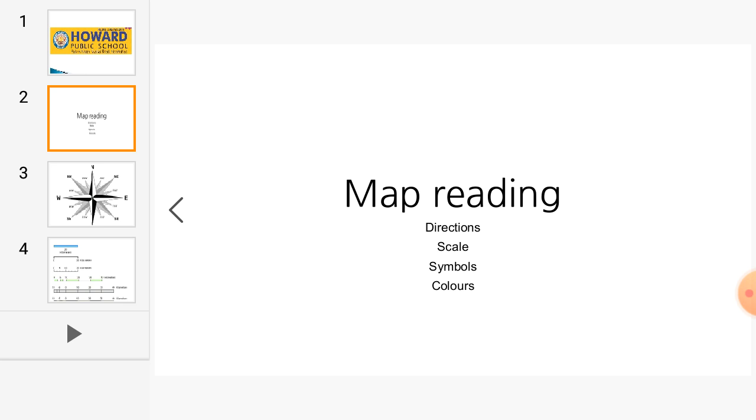We should know how to read a map, right? In order to make full use of it, to understand it properly. There is a certain kind of language associated with the map. As we speak, as we communicate, we have a language. In the same way, to understand the map, we have certain languages. There are different symbols, colors and signs to show different things in a map. We should be able to understand this.